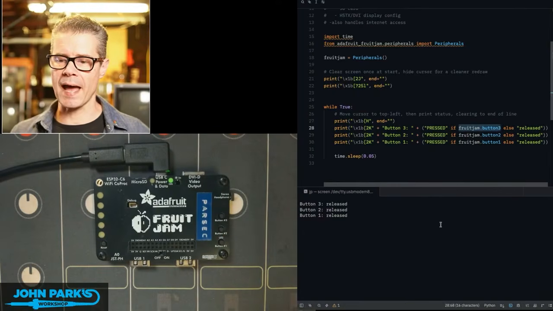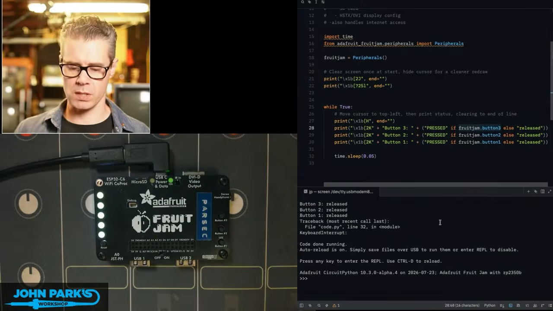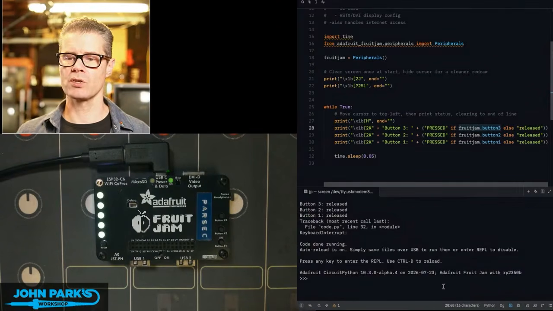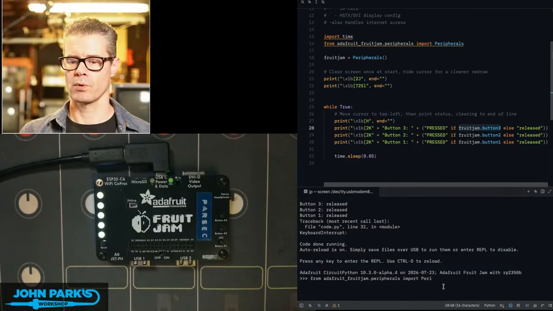If you want to take a look at what we have available here, I'm going to go to the REPL and press Control-C to kind of break out of the running code. And I'll do this same import. I'll say from Adafruit FruitJam.peripherals import, let me spell that, peripherals. Okay, so we've imported that library, and now if I look at that, I'm going to just do dir